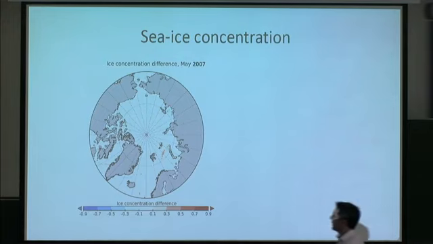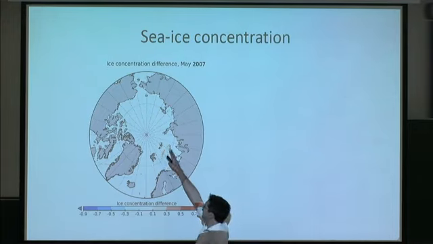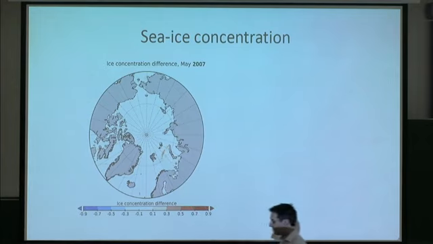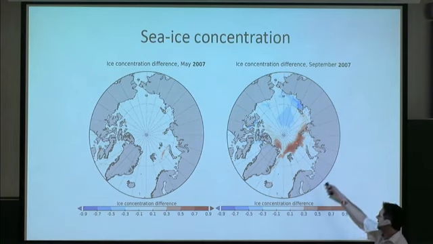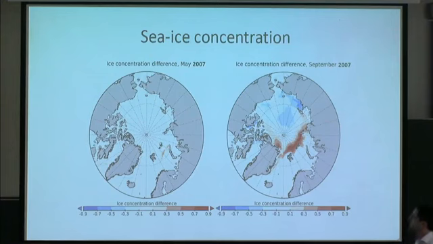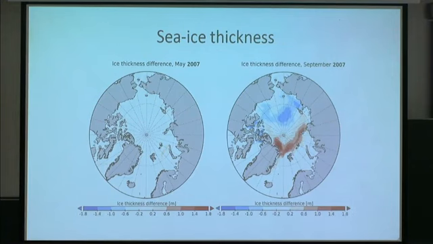At the end of May, we had a bit of ice concentration difference arising from this 10 to the minus 12 disturbance in the ice thickness. But by September, in these simulations, we had ice concentration differences of 60–70% in large regions of the Arctic Ocean. And the same for ice thickness. We had a meter thicker ice here, a meter thinner ice here. This simply suggests how numerical round-off errors, numerical noise, change the trajectory of the atmosphere, and how the atmosphere can then bring the sea ice model into a completely new state.